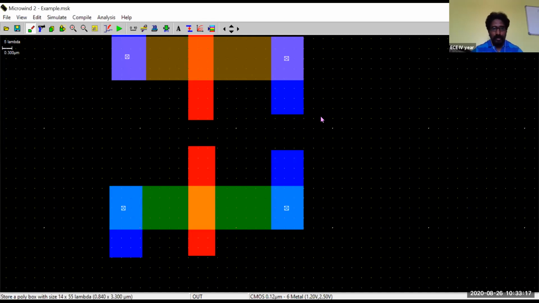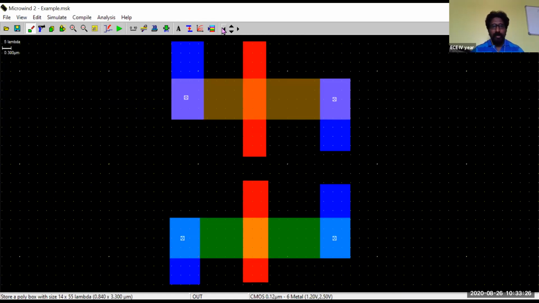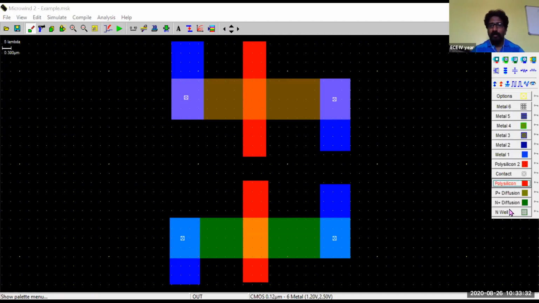Okay, now it's okay, I think so. Fine. Now we have completed this. This is the PMOS and this is the NMOS structure. So for that, you draw the envelope on the PMOS, the envelope on the PMOS.